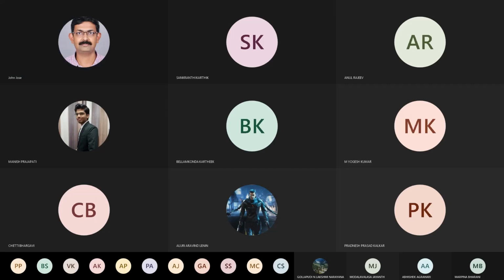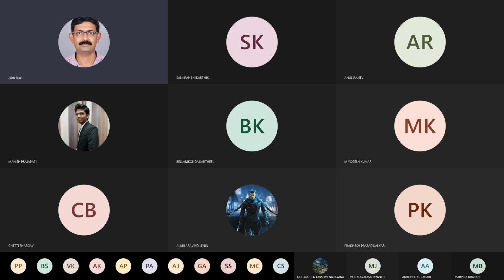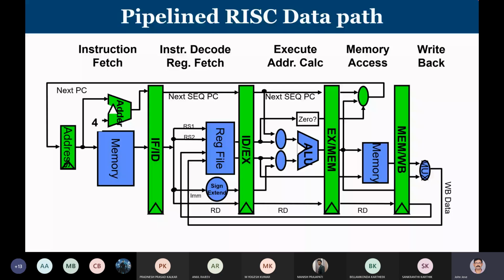So even though pipeline is over, still one more last slide in pipeline. We already saw that in the generally 5-stage pipeline, two portions, the instruction fetch portion and the memory access portion, are happening outside the processor. We know that decoding and register fetching, calculation of address, writing back into register, everything happens within the CPU only.